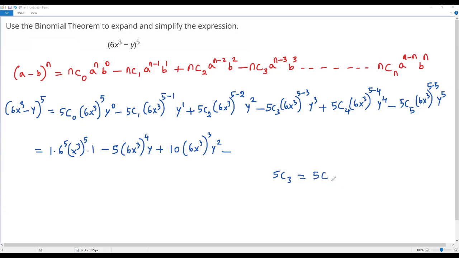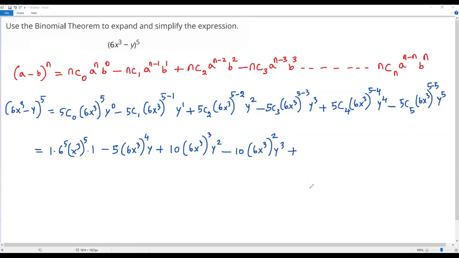So phi negative 3 is just 2. When I use the property, the value of R has been decreased from 3 to 2. And already we know the value of phi C2. We got it over here. Its value is 10. So the value of this phi C3 is also the same value of phi C2, that is 10 times 6x to the third power raised to the power of phi negative 3, which is just 2, y to the third power